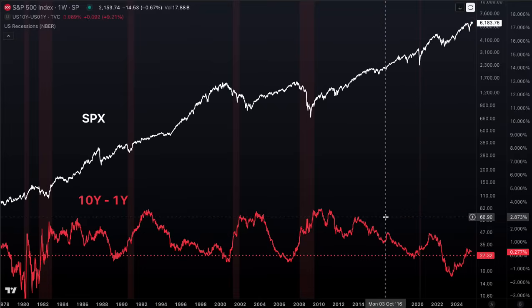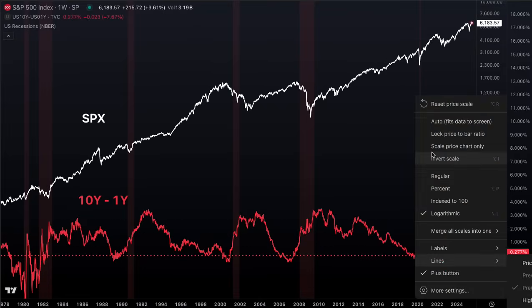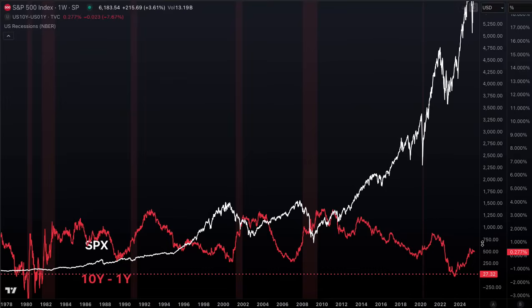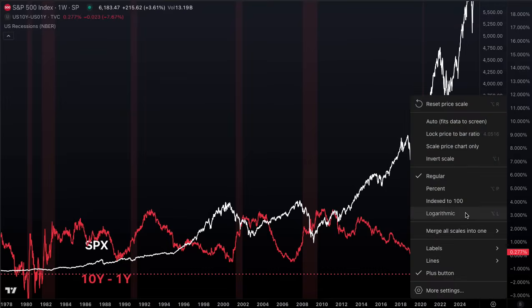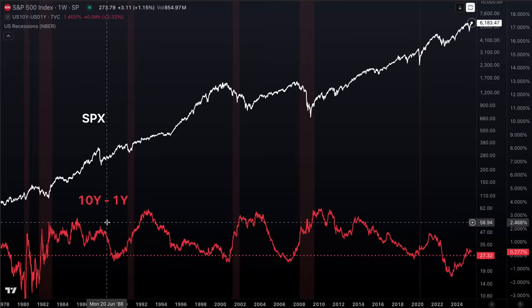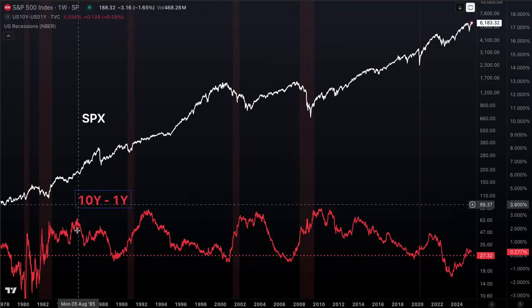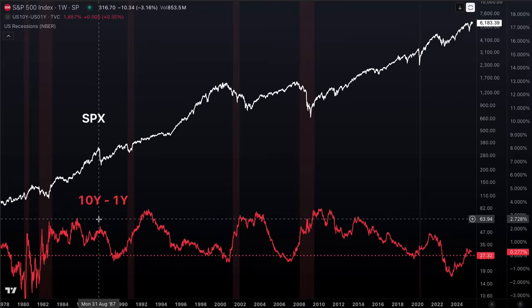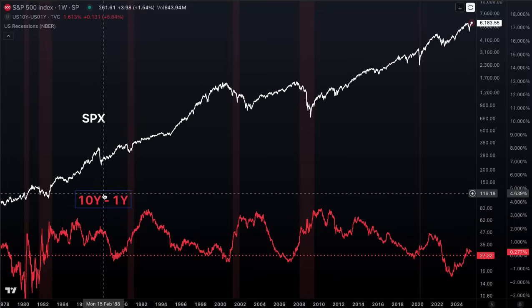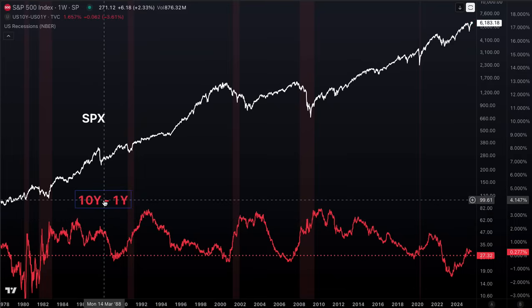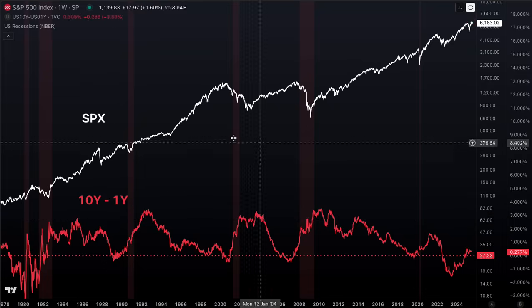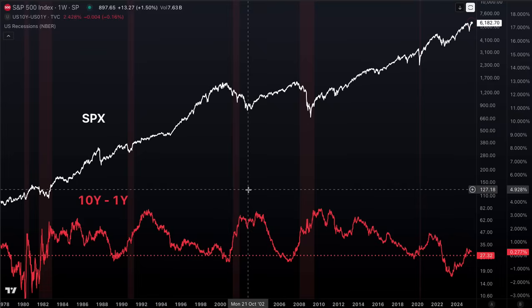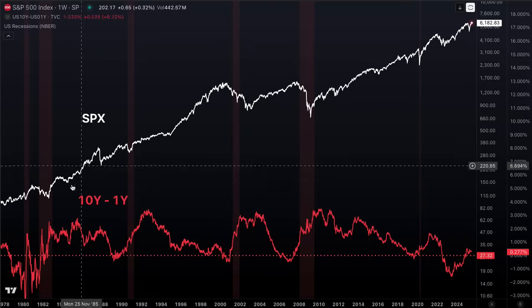So here's S&P 500 in logarithmic form. Again, I will toggle real quick just to show this is regular form. So logarithmic form is adjusting for that exponential. And then here, we're starting to get into the bond market and what might be causing the recession. Outside of oil, outside of consumer confidence and therefore consumer spending, we're going to start to look at some other causes of a recession. So here's the S&P 500.